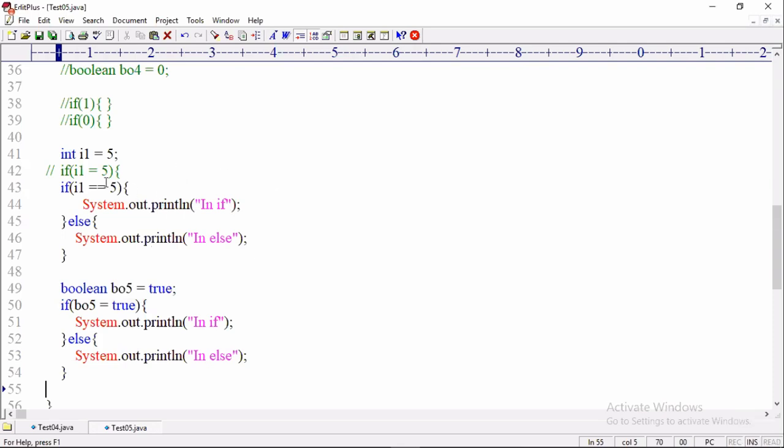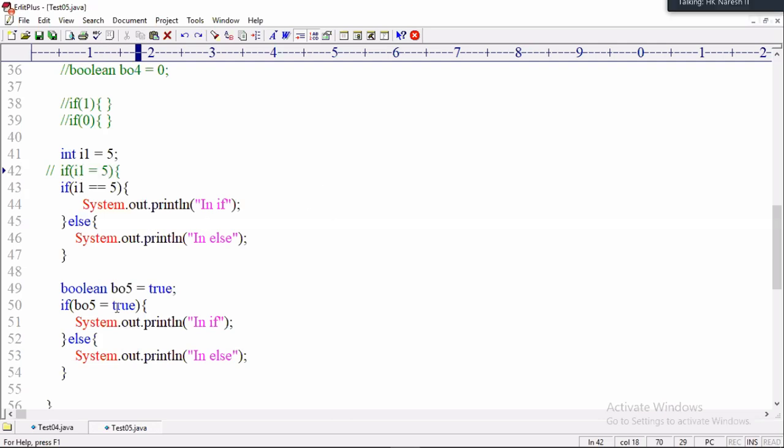Problem is not with the assignment operator. Problem is with the result. This is an expression. Here the assignment operator is copying the value 5 into the i1 variable and taking the result, which is 5. You have to concentrate on the expression result. The result is 5. Okay, 5 is not accepted by if, that's why it throws an error.